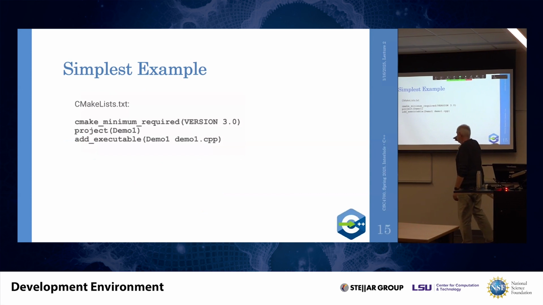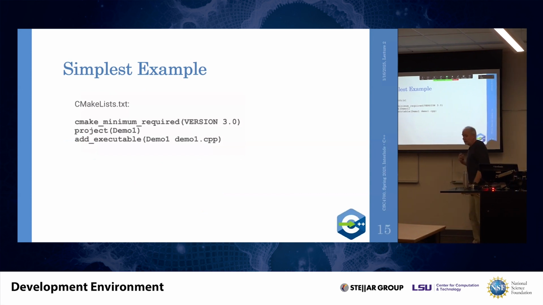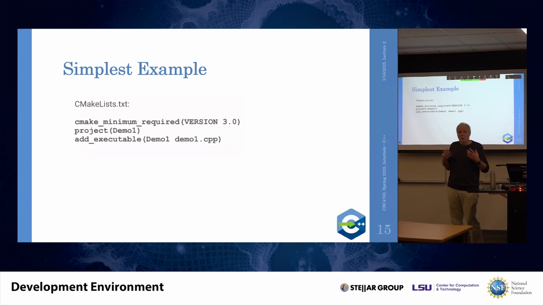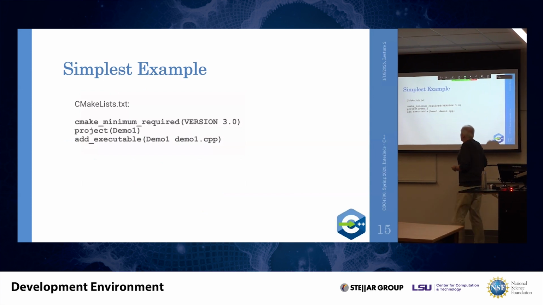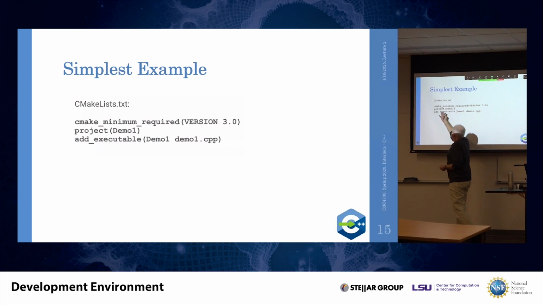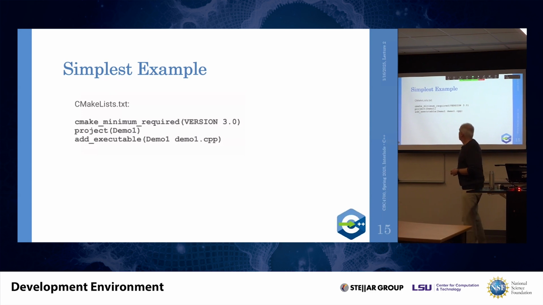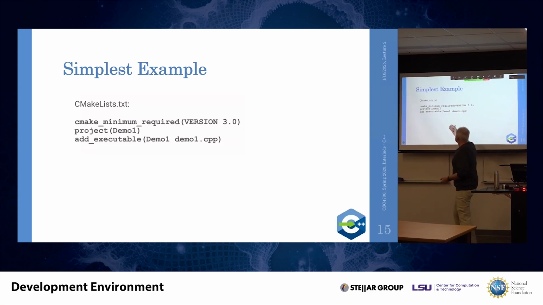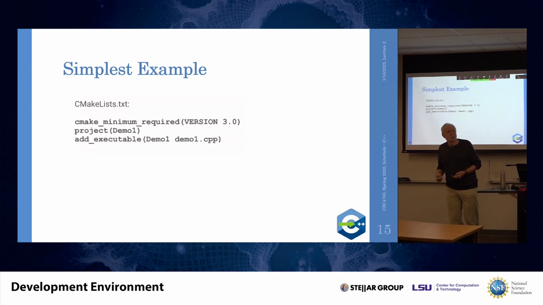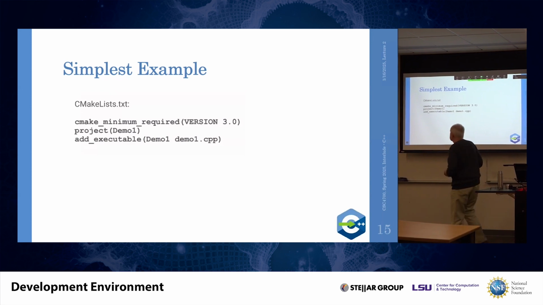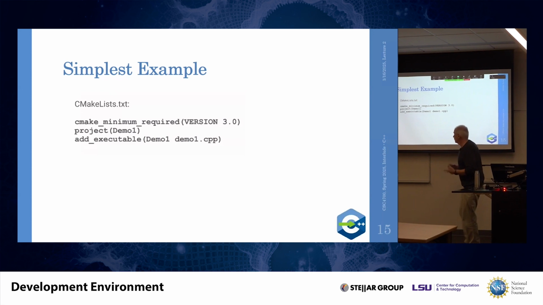CMake, you can think of it as another language, as a scripting language in some way. So you have to describe to CMake, what is it I want to build? And you do that essentially with one command, which is in this case add_executable. That says, please, I want to create an executable which is named demo1, which has to be compiled from demo1.cpp. And that's it. That's all CMake needs to generate the appropriate command lines for the compiler, for the linker, for everything.